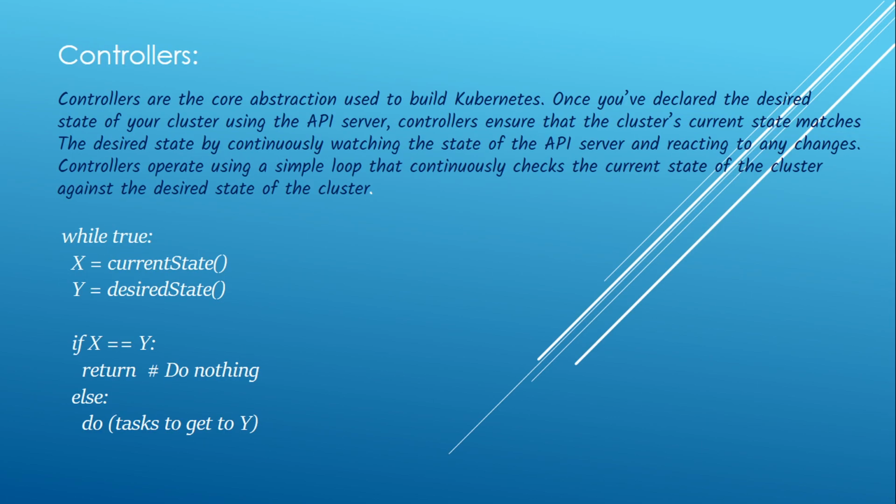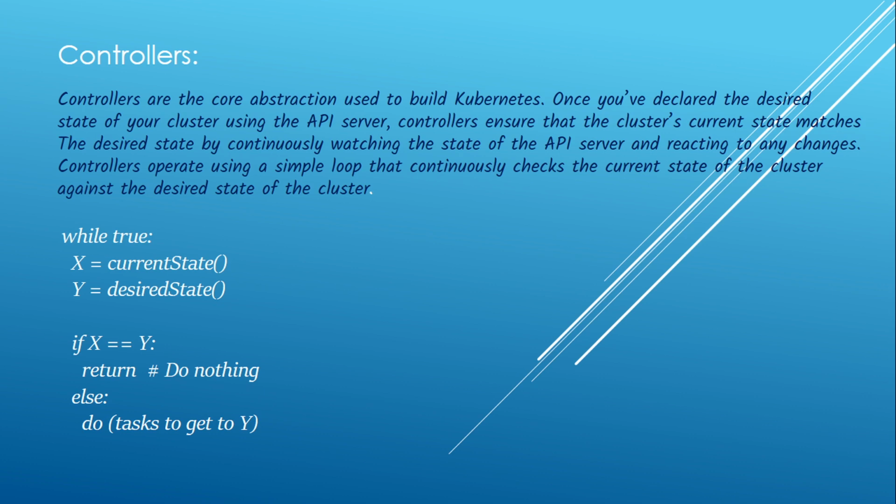In the Kubernetes cluster environment, we have a few components which drive the application navigation between the cluster and the master machine. The main components are controllers, schedulers, the API server and etcd. So let's discuss the controllers. What do controllers do within the master node, within the master machine?